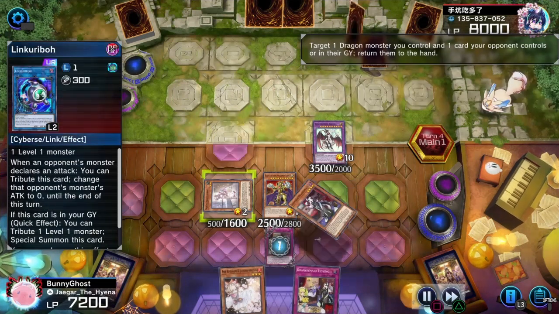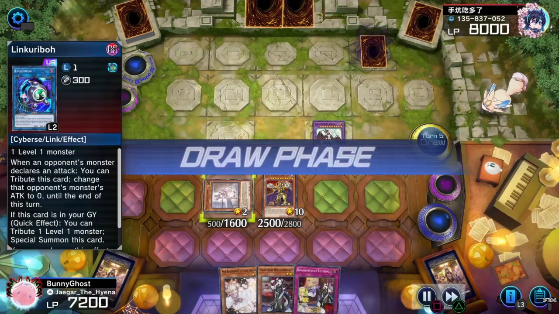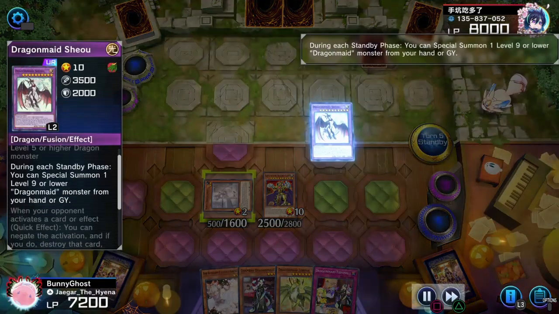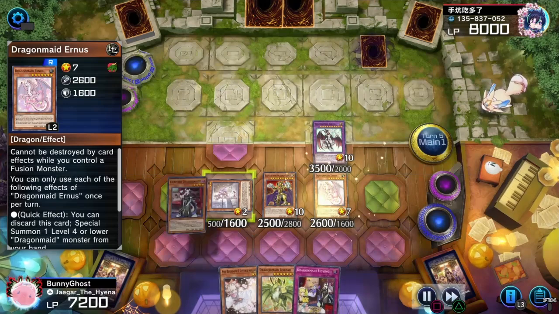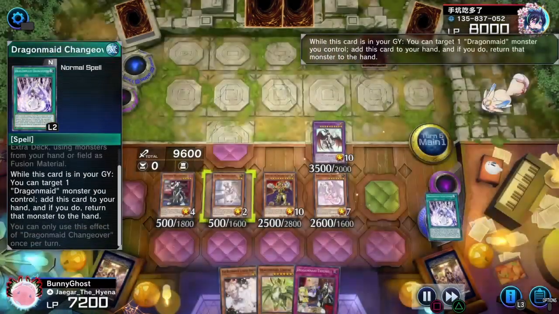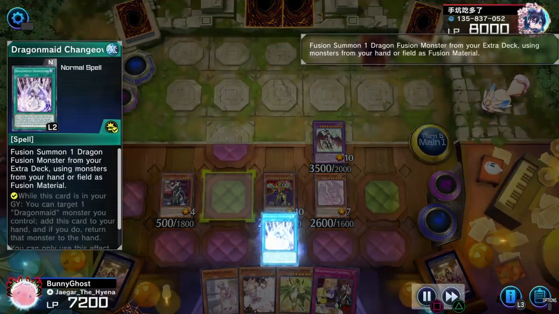Link this off. I'm gonna use Tidying, put the Chamber back in my hand, flick their Link Karibo back to their extra deck, and from here we're just gonna try to get through our opponent's defenses before they stall us out. Go ahead and use the Changeover. Put the Nurse back in hand. We're gonna use the Changeover